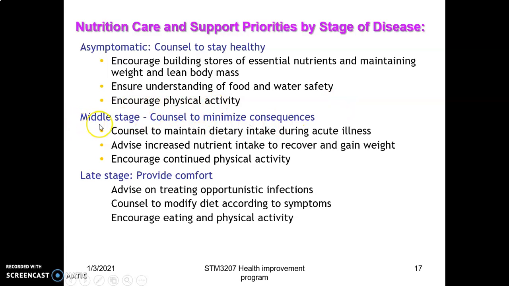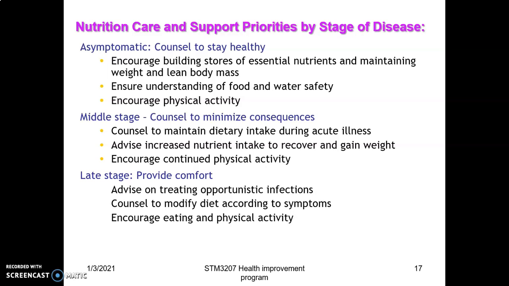So for those at the middle stage, we have to counsel them to minimize the consequences of the HIV effect. So we counsel them to maintain dietary intake during acute illness, advise increased nutrient intake to recover and gain weight, and encourage them to continue physical activity. Yes, it's easy to say rather than to do. Those who are affected by HIV, they won't bother, they won't care. They're too sick to do activity, right? Even us who are already healthy, we are already lazy to do physical activity, what more those who are already sick,